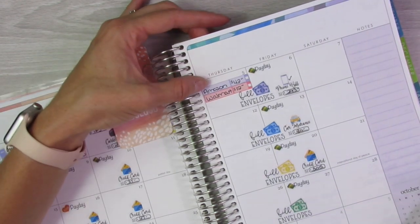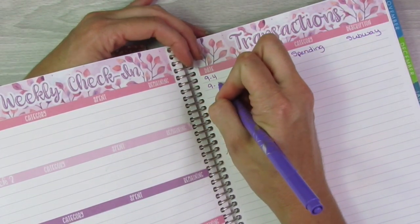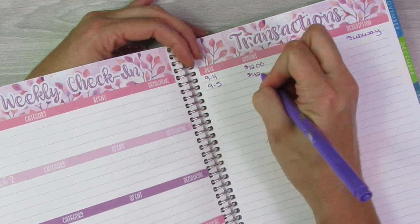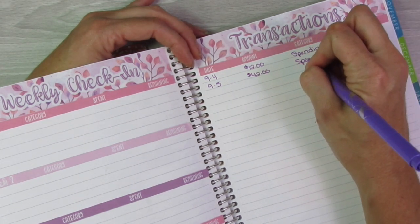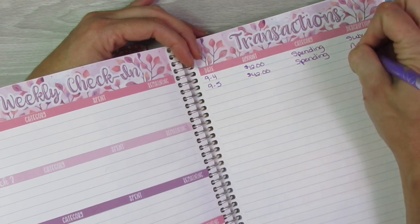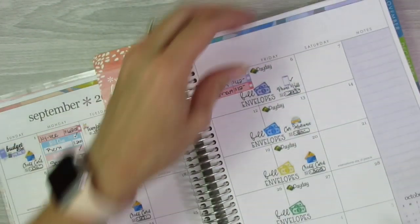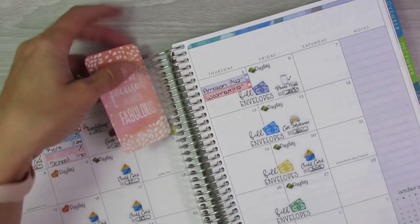And then the other one was Amazon, which was on Thursday the 5th. So we will write that. It was $42. Same category of spending. And I'm just going to write Amazon. Alright, so that is that. Next we will do